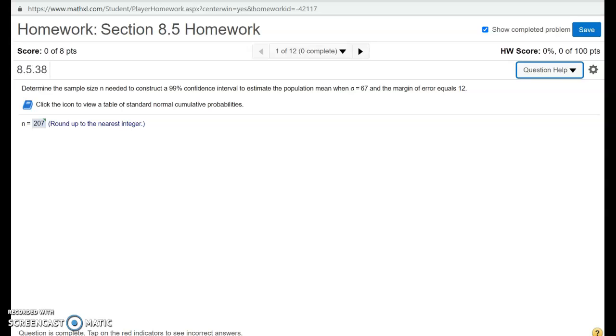Determine the sample size needed to construct a 99% confidence interval to estimate the population mean when the standard deviation of the population is 67 and the margin of error equals 12. And it says we can click on the icon to view a table of the standard normal cumulative probabilities. So we know that a 99% confidence interval,